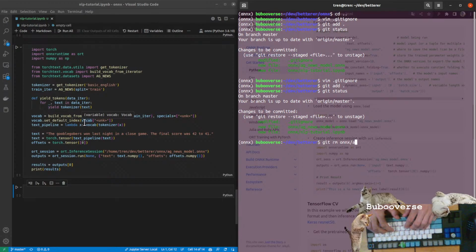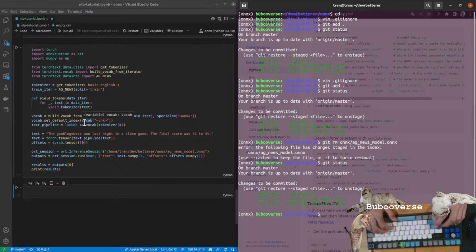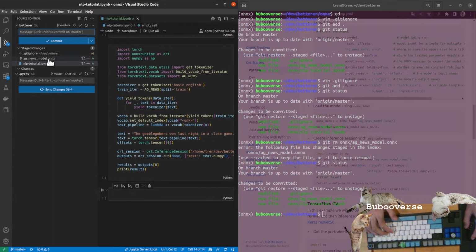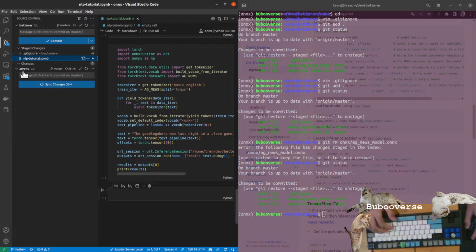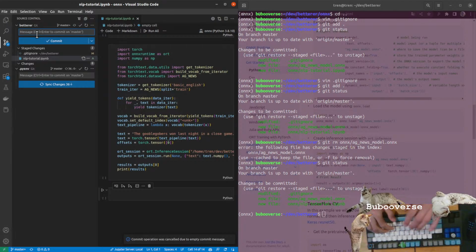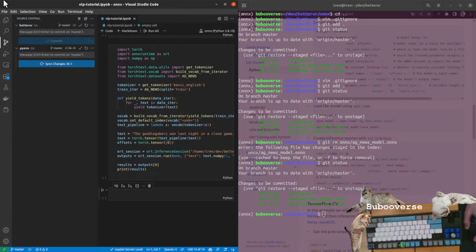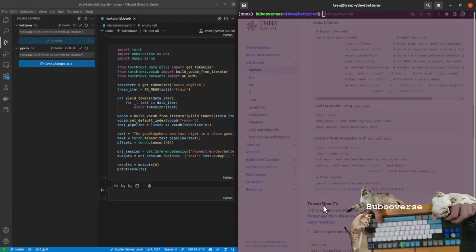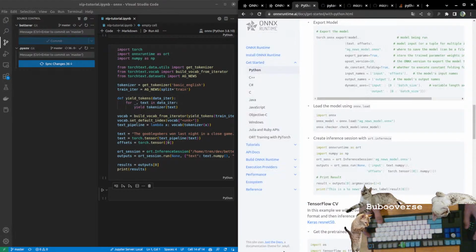Let's remove the ONNX agnews model. Okay, we'll remove that, and we're going to commit the changes to the NLP tutorial here. Oh, let's close out of that. We will call this ONNX with PyTorch NLP. Go ahead and commit. All right, we're kind of getting to the end of this session here,